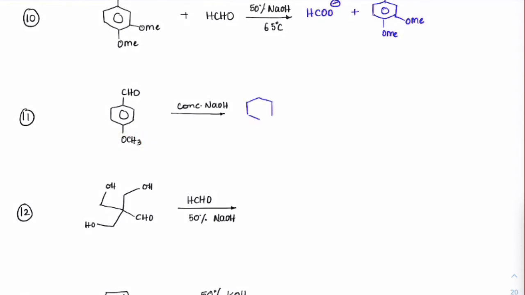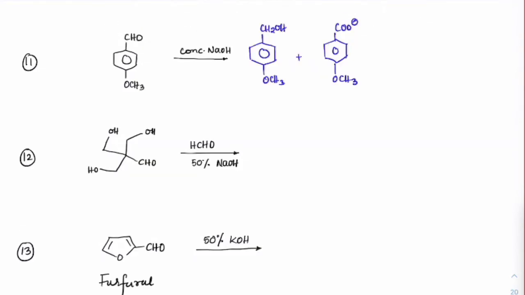Still the reaction will take place, although it is donating. So we'll have CH2OH, OCH3 plus COO minus OCH3. Keep writing. Now here if you check it out, CHO, there is no alpha hydrogen here also. All these alpha positions are connected by hydroxymethyl. Three hydroxymethyls are connected on that, and there is no alpha hydrogen. So it has to go for Cannizzaro, right? So we will get 2 moles of that.